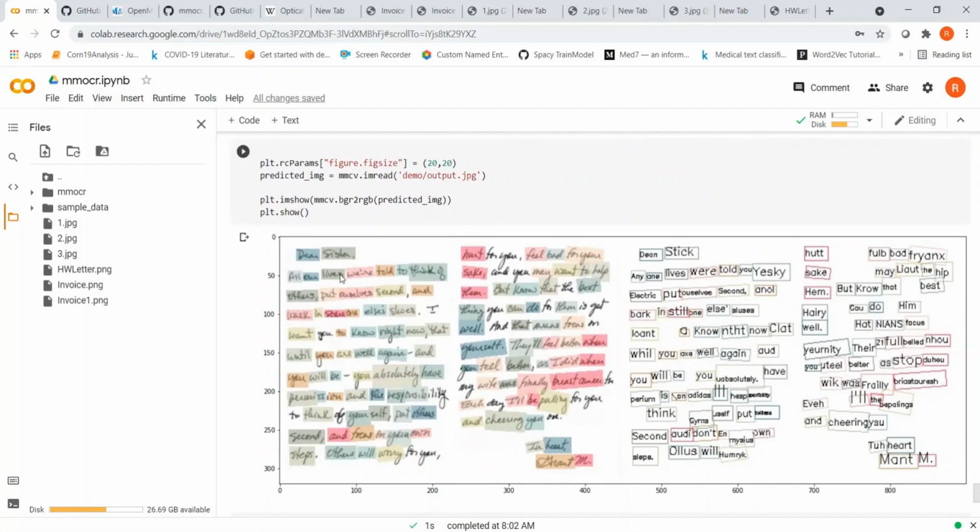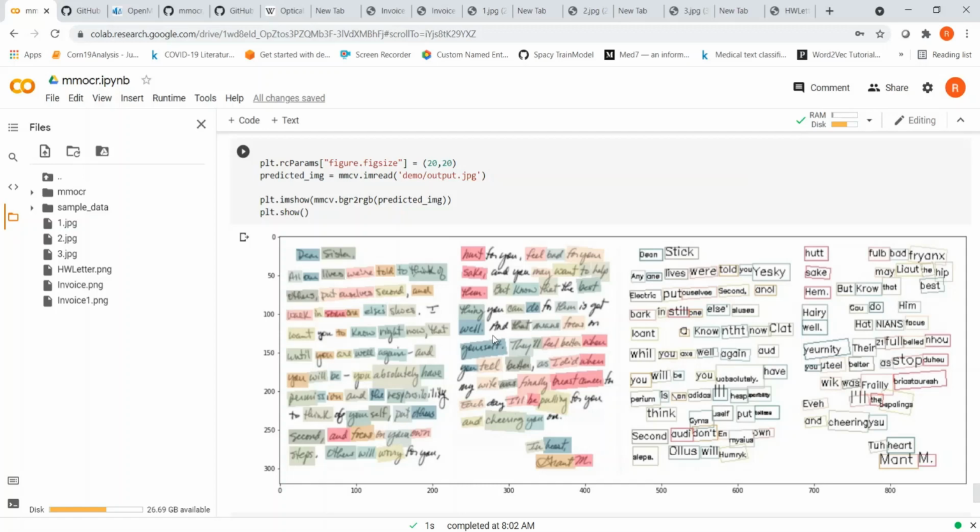So here if you see, the handwritten blocks are being identified, some of the blocks are being missed. Basically words are being identified with bounding boxes, right? Some of them are getting missed over here. And if you see over here, it is being identified as, you know, dear is becoming dean, sista is becoming stick, right? So some of the words are getting misrecognized over here because this is handwritten text, and handwritten text is still a challenging thing to do, to recognize handwritten text present in images.